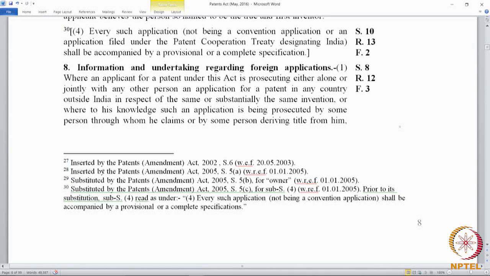So, if you prefer an application for a patent, it is essential that you have a copy of the provisional or the complete specification, and to file the provisional or the complete specification you need to use form 2. Why is this exception made? Why is it worded in this fashion? The section could have said every such application shall be accompanied by a complete specification. Why provisional or complete? The reason for this